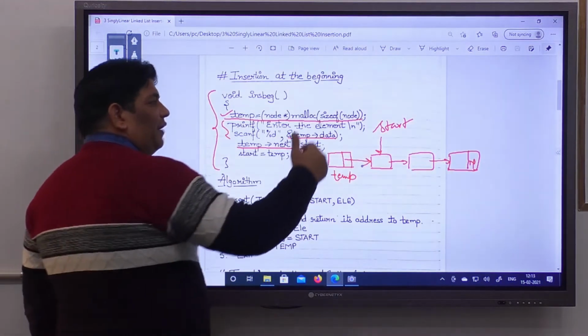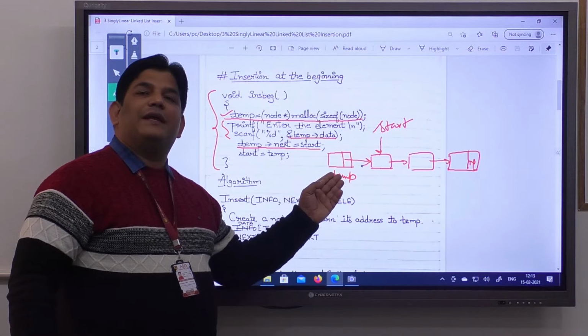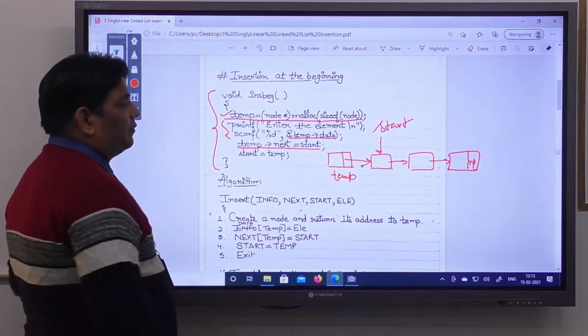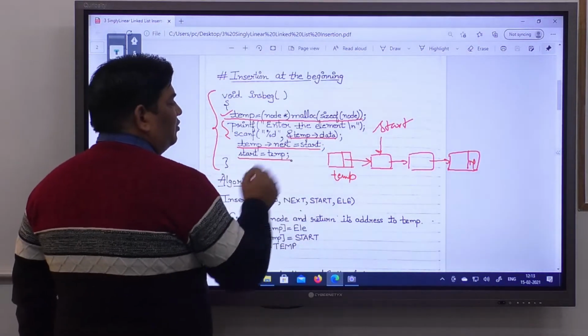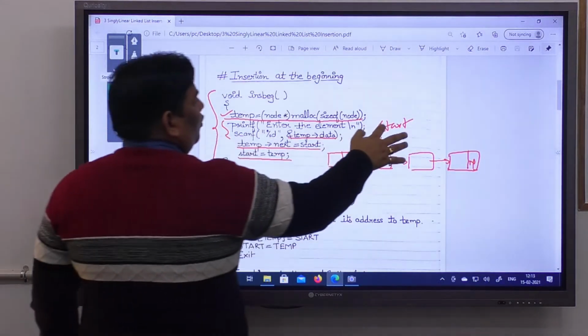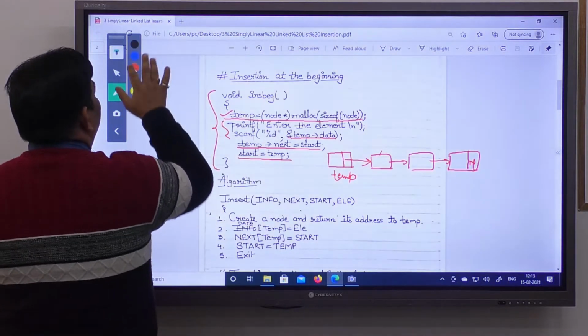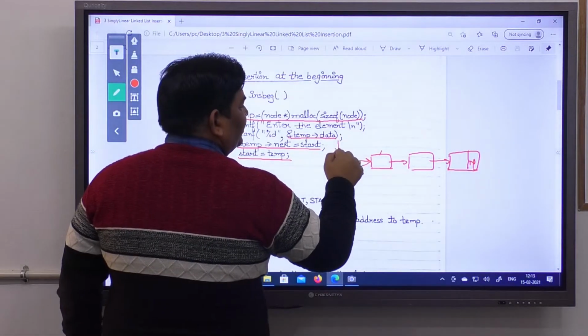Then obviously we have to modify start. Start is pointing to the first node, but now the first node becomes temp, so we say start equals temp. So we can remove this start, and now start is pointing to here.